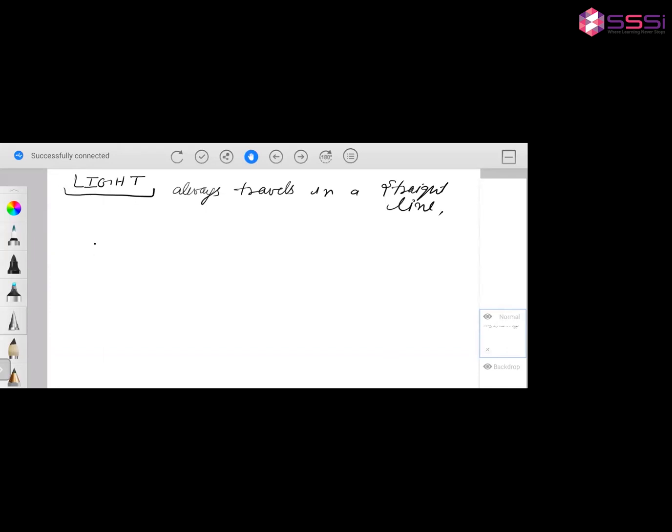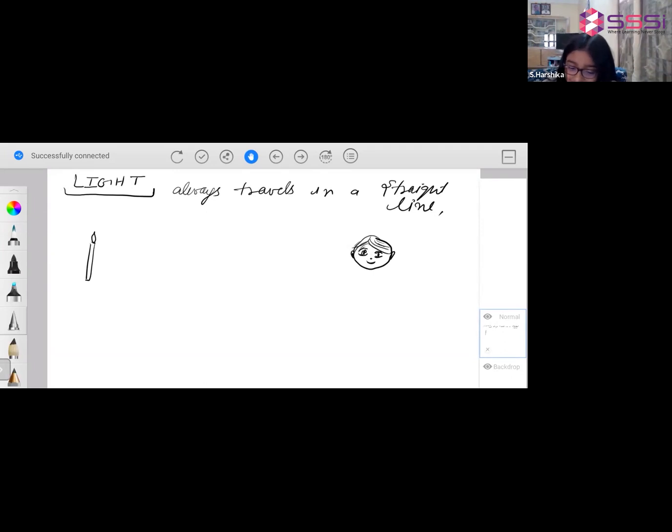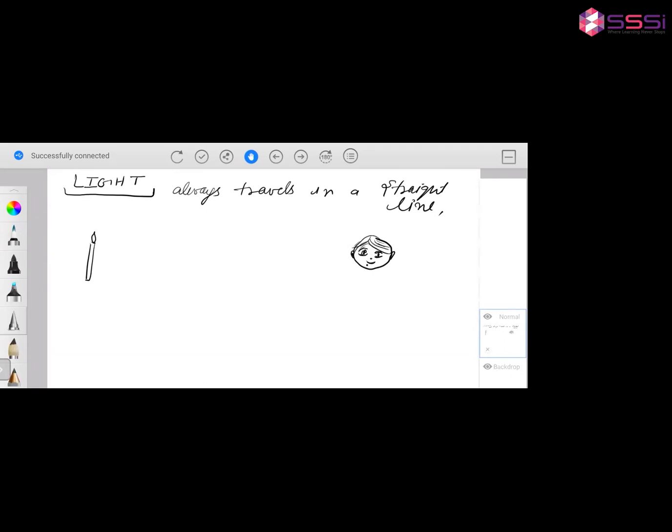Harshika, if you have an LED bulb or a candle, any source of light, and this is Harshika. This is our Harshika. I draw very well, but I'm not very comfortable with this pen tab. This is Harshika, and this is the source of light.